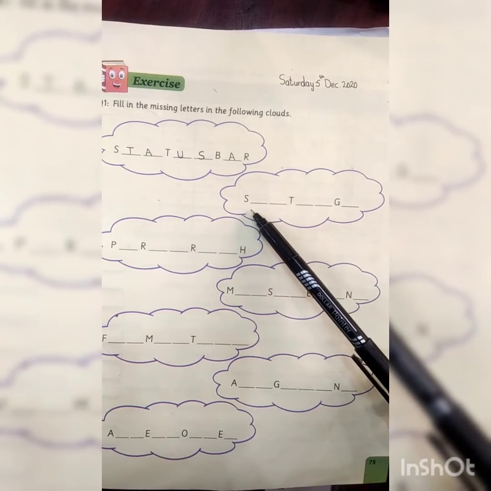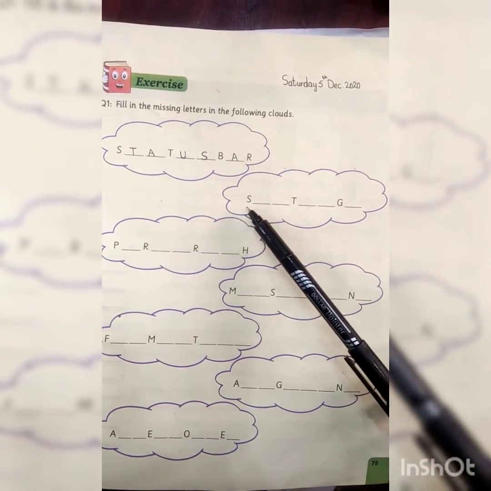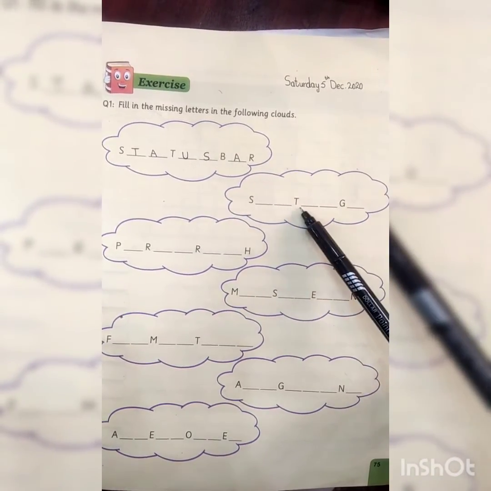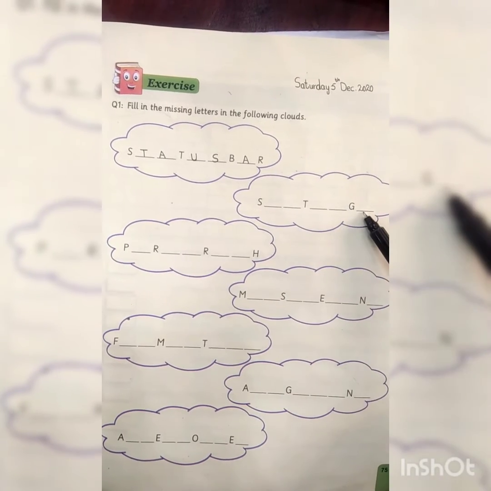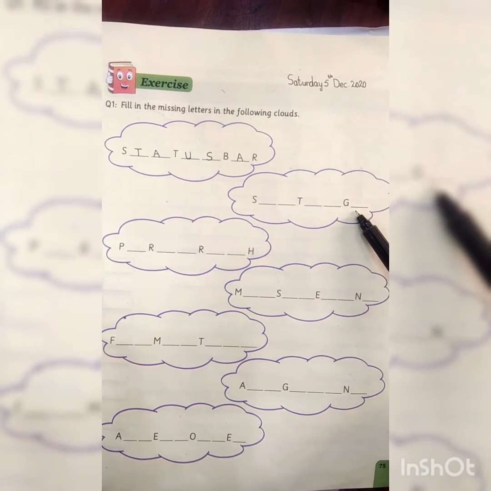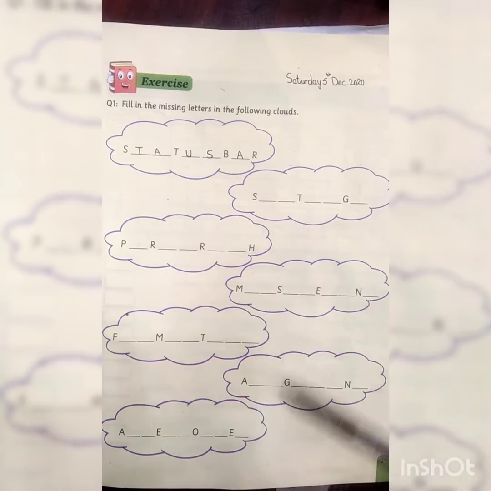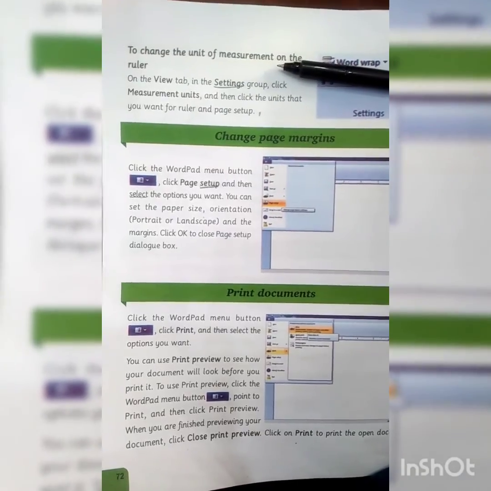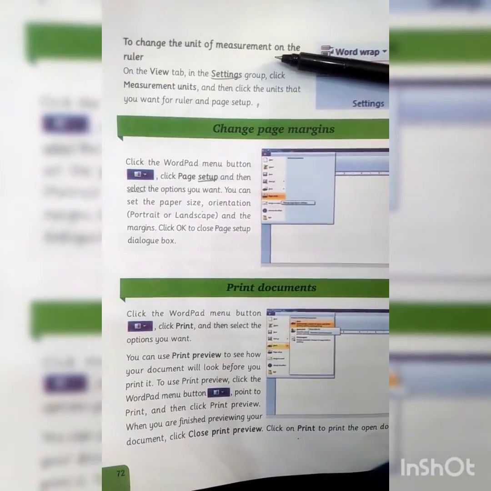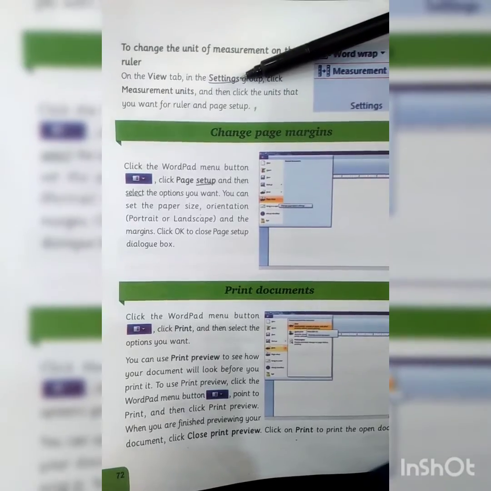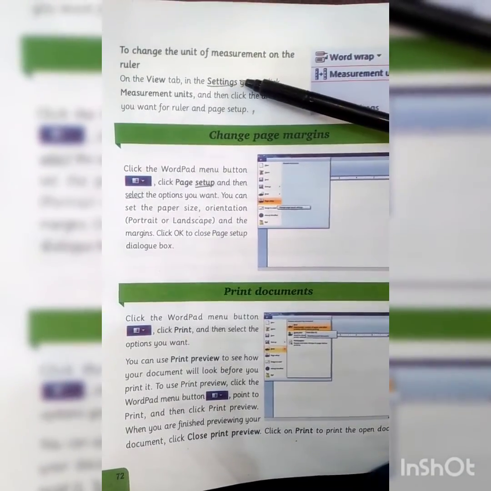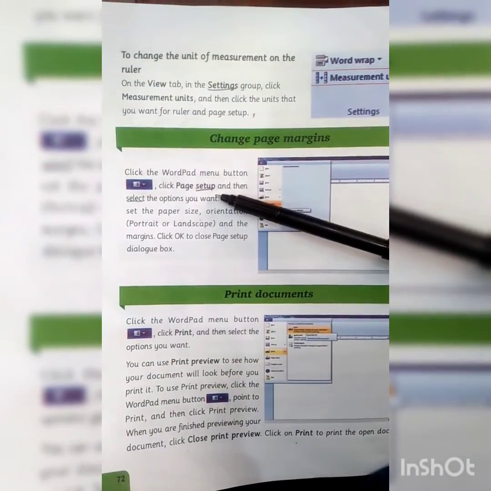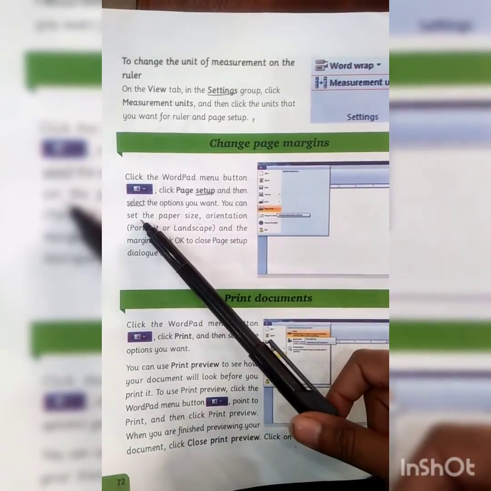Let's start finding the second one, starting from S. And this word is 1, 2, 3, 4, 5, 6, 7, 8. This word contains 8 letters. Students, in this page we have underlined some words that are starting from S. Our first word is settings, second one is setup, and third one is select.